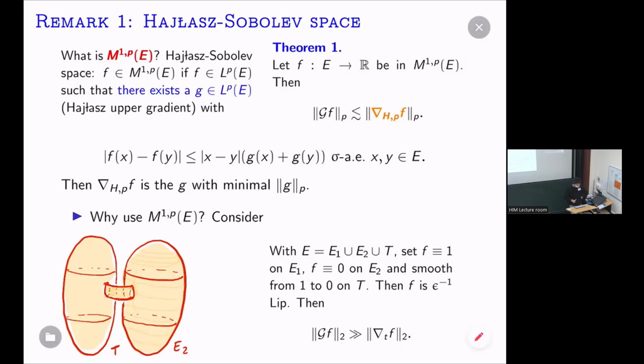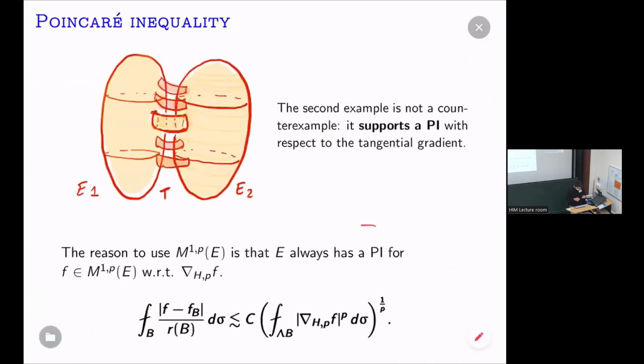And this is essentially the reason why: the gradient is only positive in this little tube. This little tube has so little surface area that this doesn't pick up the thing. Then if we consider this other example, where instead of having one little tube, we put lots of little tubes so that we fill in the space properly, then this won't be a counterexample